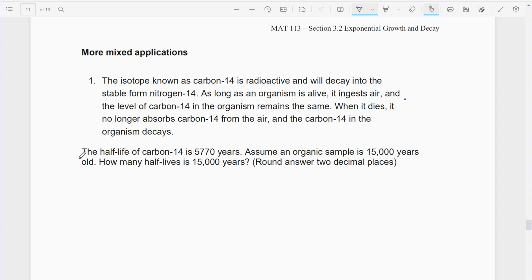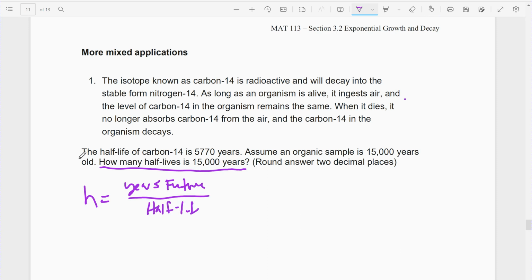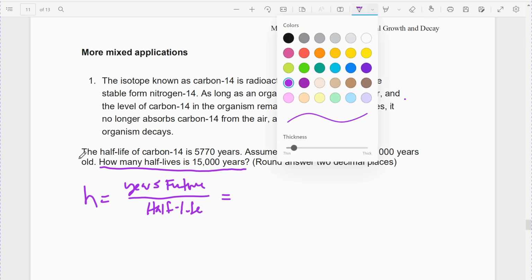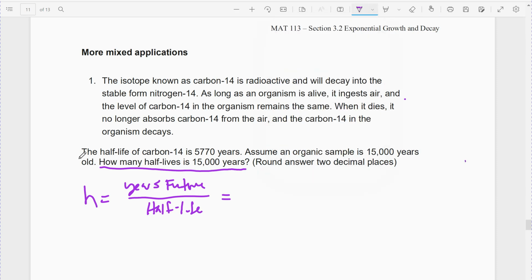Assume an organic sample is 15,000 years old. How many half-lives will have gone by in 15,000 years? Round your answer to two decimal places. So this is just asking you for that H, right? The years into the future divided by our half-life. In this case, 15,000 years went by, and the half-life was 5,770. And so it comes out to